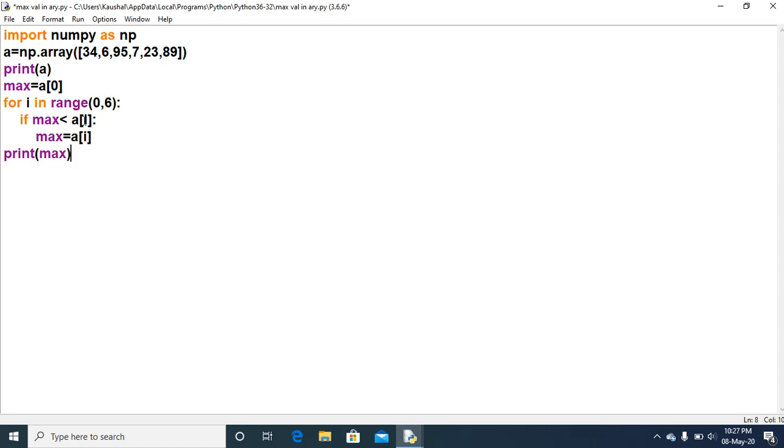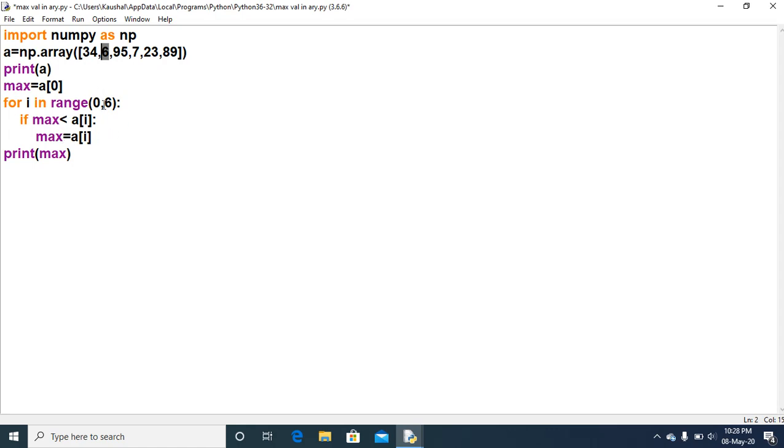So 34 less than a of 1, which is 6. As a of 0 was 34, a of 1 is 6. So 34 is less than 6. Is this condition true or false? Again it is false, so the max value will not be updated. Max will remain as it is.